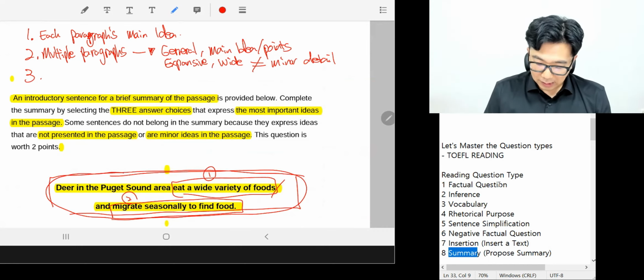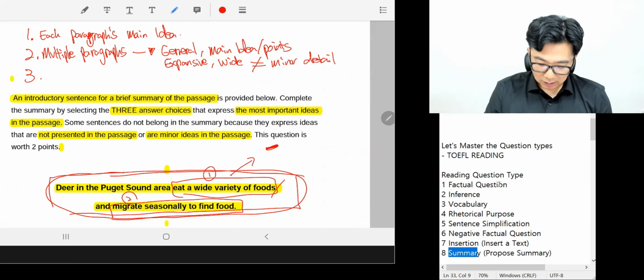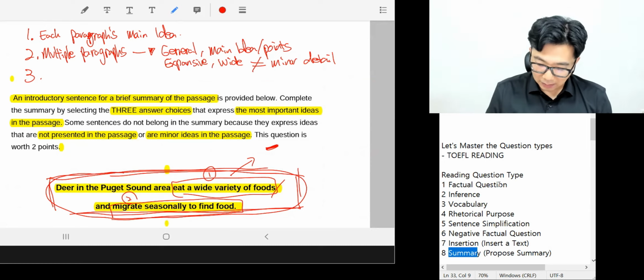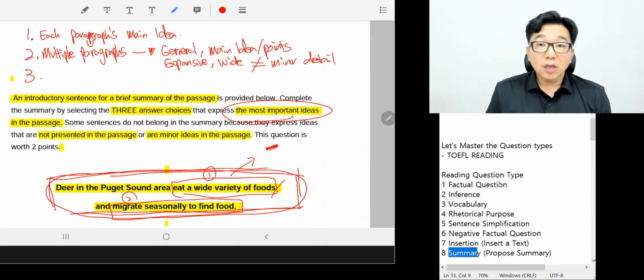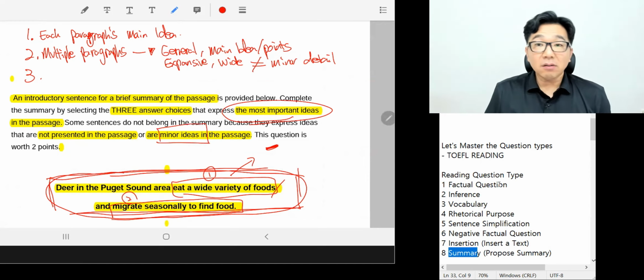So technically speaking, your answer should support this sentence. Okay? All right? So, it needs to be a main point and most important ideas. So reasonably general and reasonably main idea. But as long as it's not a minor detail, okay,